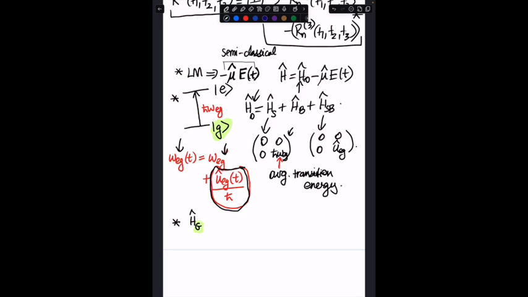So along with the bath states, Hg is the Hamiltonian of the full ground state, which includes the ground electronic state in the case of two-dimensional electronic spectroscopy experiments, or if it's a two-dimensional vibrational spectroscopy experiment, it would be the ground vibrational state plus the state of the bath, which the ground electronic or vibrational state is coupled to. And as is quite evident by observing this,